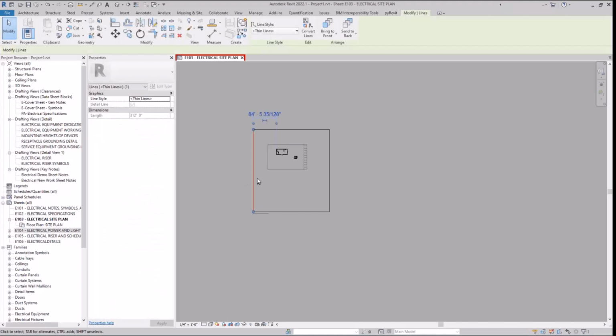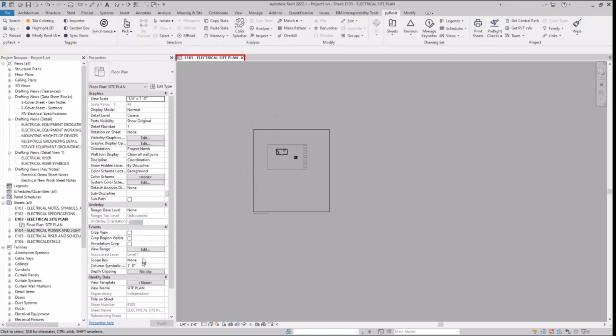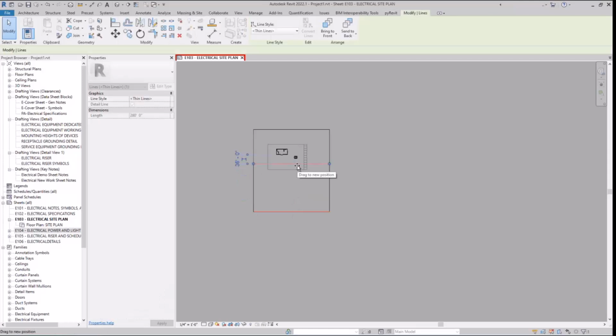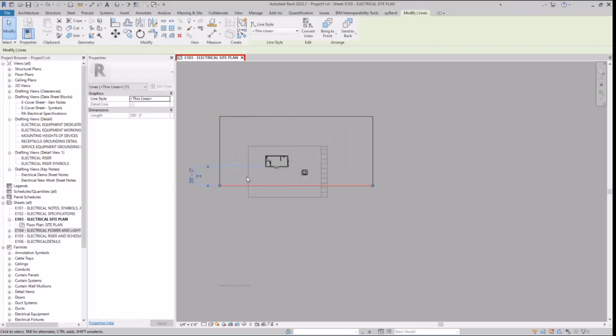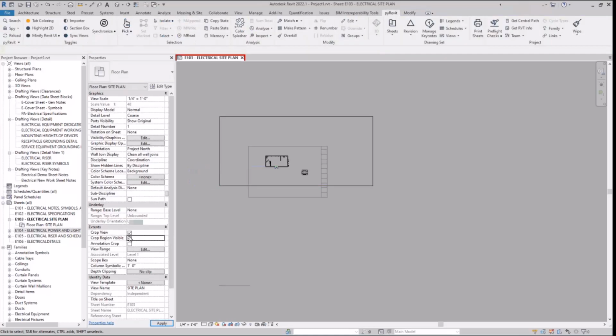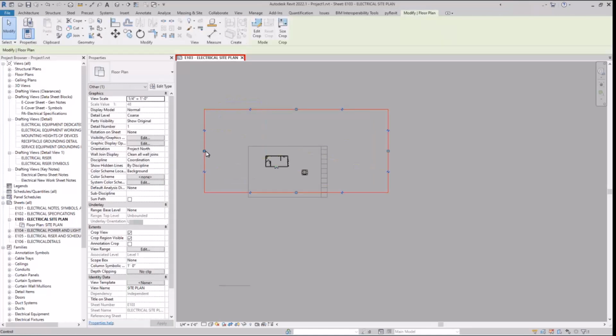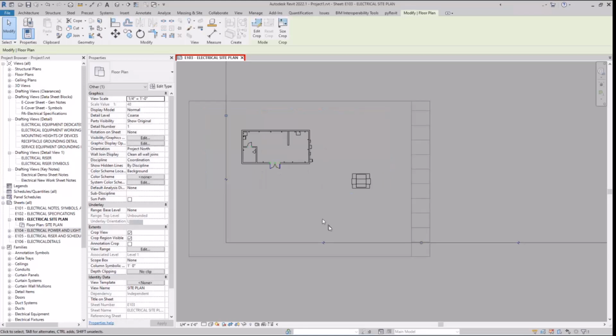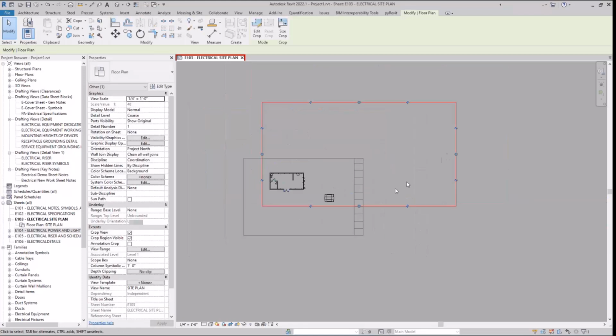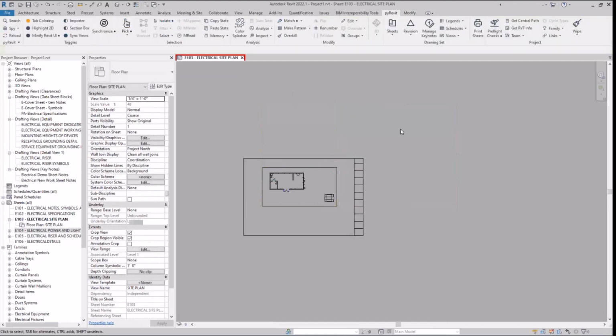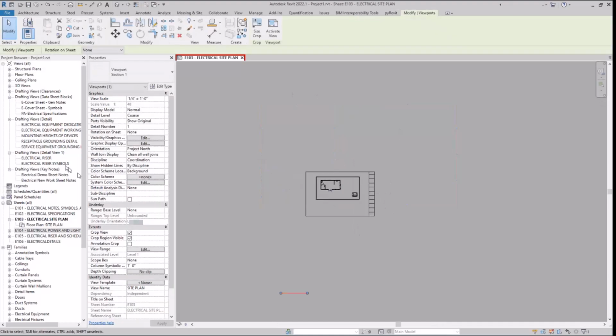So I'm going to go ahead and change my view. I'm sorry, my crop region. Oh, I drew these in manually. That's what it was. And I don't remember why, but let's go ahead and look at what our crop region is. So our crop region should be roughly right around the information we're looking for. Something like that. All right, and the easiest way to redo that, to clean it up, is to